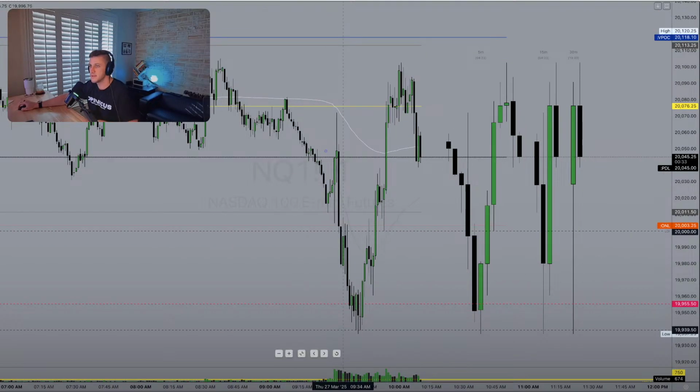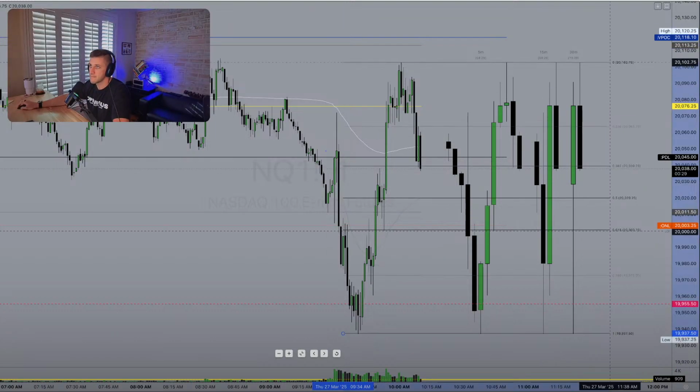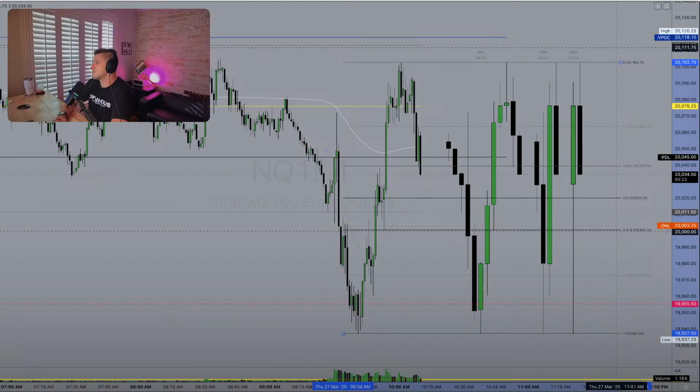Let's check out this intraday fib again. Caught the 100 short. Nice. Yeah, pre-market structure right there.